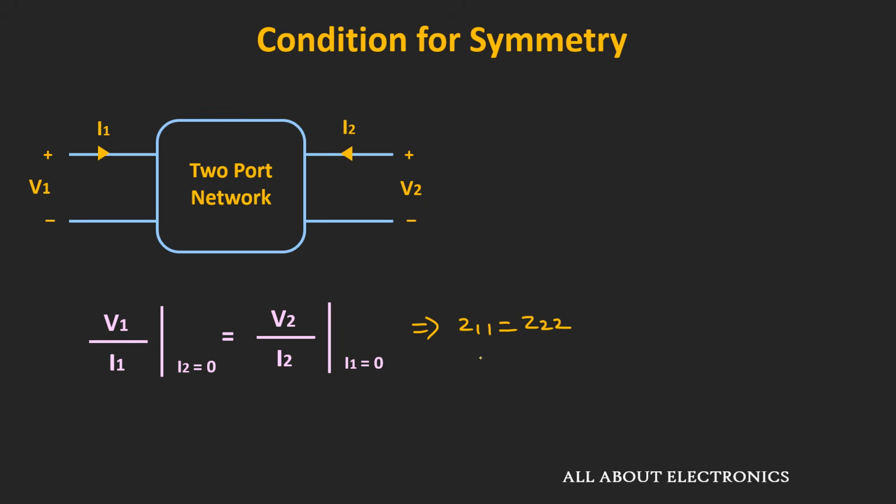So with the given Z parameters, if this condition gets satisfied, then we can say that the network is the symmetric network. So in this way, for the given two-port network, if we know the values of Z parameters, then we can easily check the condition of the symmetry and the reciprocity. So this is all about the Z parameters. And in the next video, we will solve some problems based on the Z parameters. But I hope in this video you understood how to find the Z parameters for the two-port network.